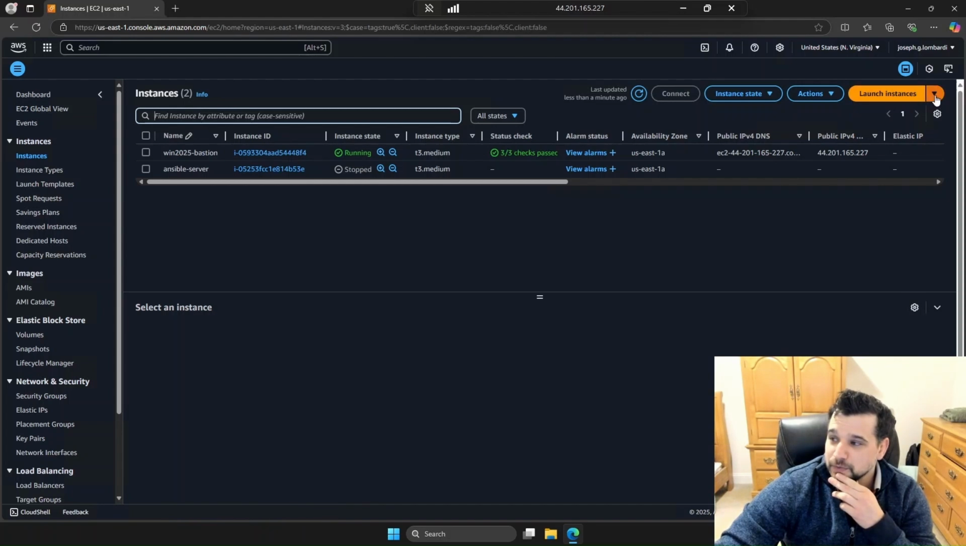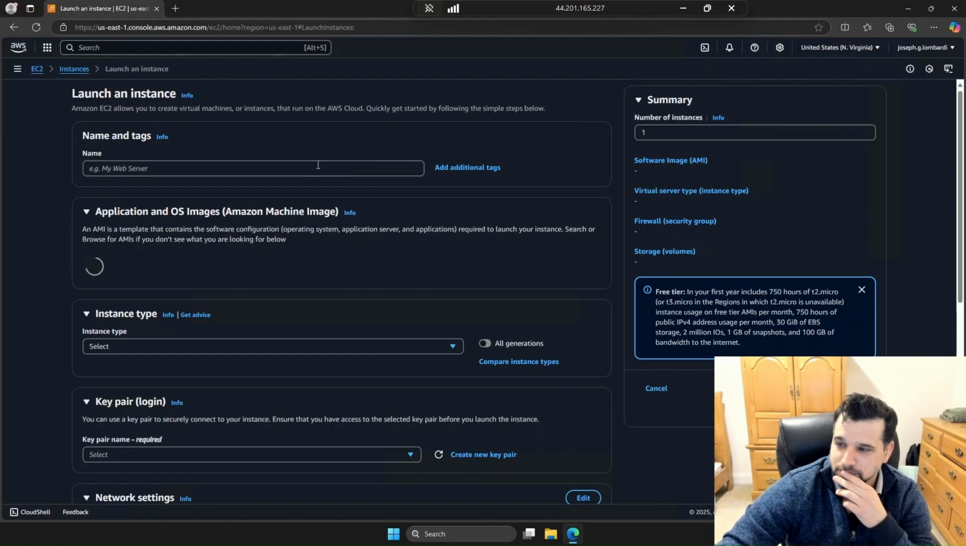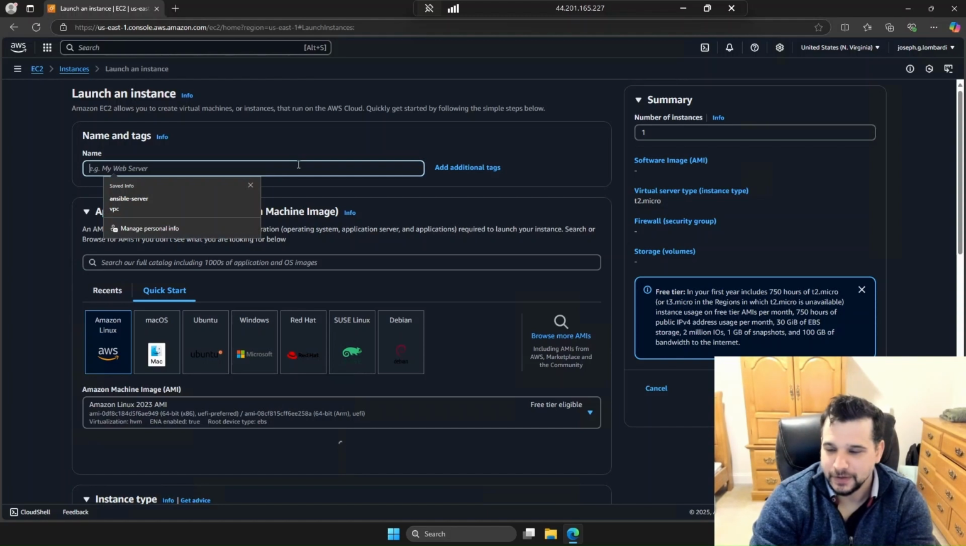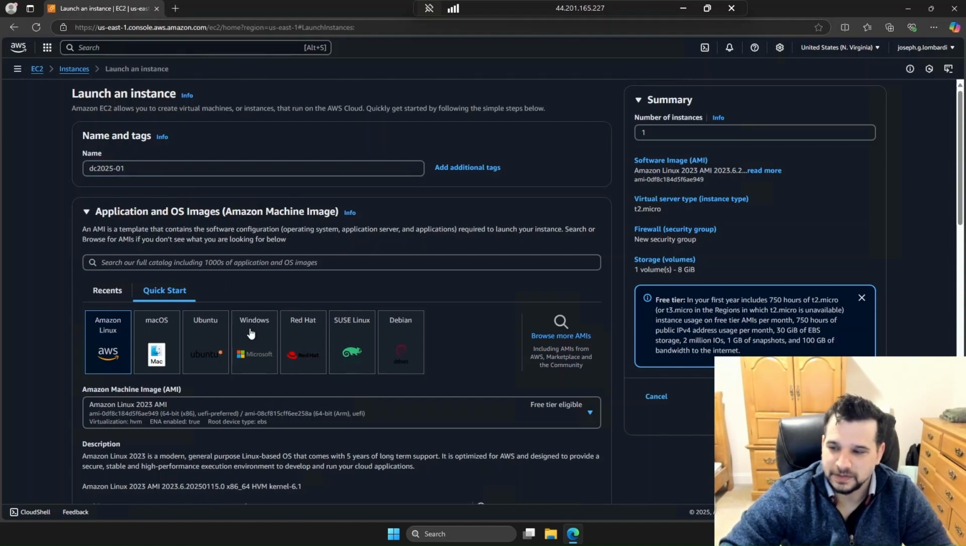And I'm going to click on Launch Instances. And we're going to name this server DC 2025 and just put an 01 at the end just in case. You know, for this lab we're not going to spin up a second domain controller, but that way if you do, you have like a numbering system in place as part of the naming convention. So DC 2025-01, select Windows,